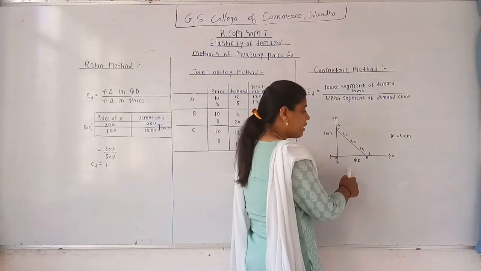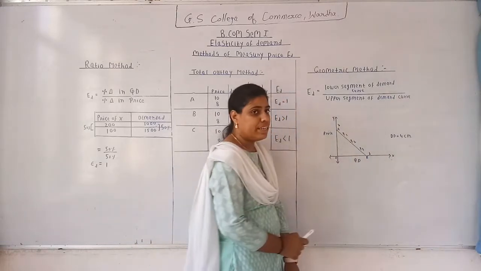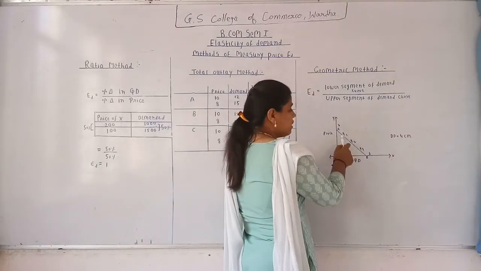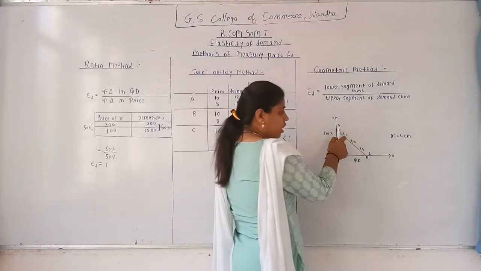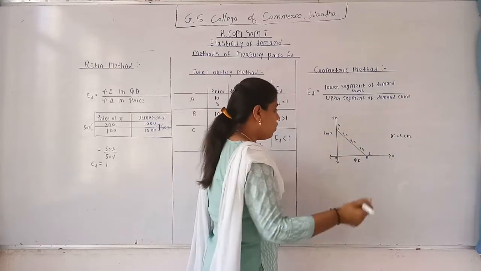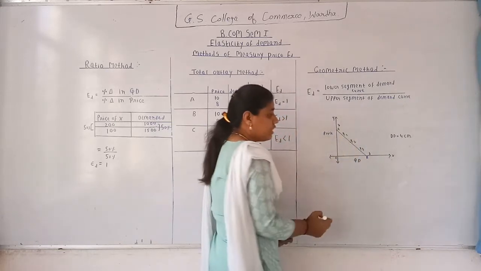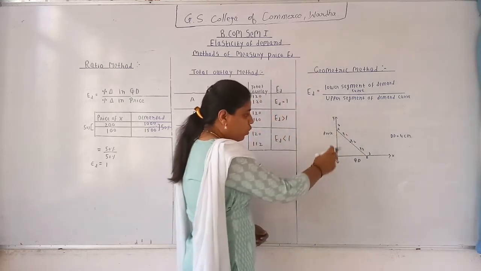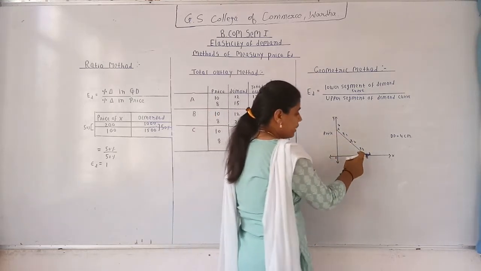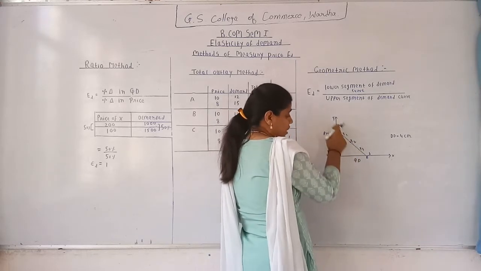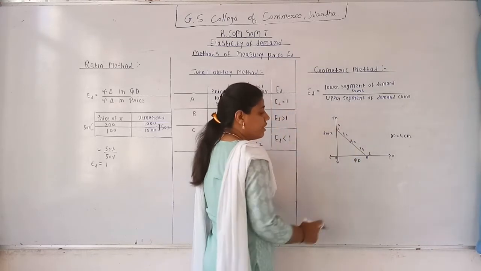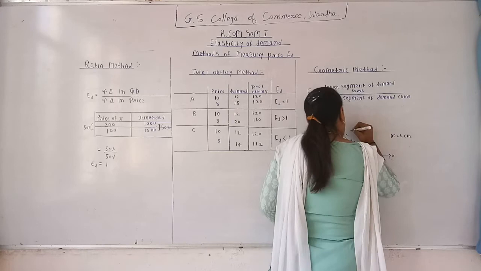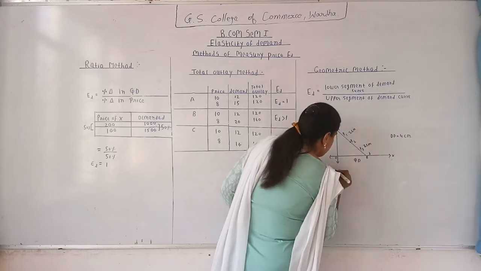Here we can see a graph whereby on the x-axis quantity demanded is shown, on the y-axis price is shown, and I am assuming that the length of this demand curve is 4 centimeters. Now here I want to calculate the elasticity of demand at point P2. As I have told you, the length of this demand curve is 4 centimeters, and P2 is exactly the center point of this demand curve. So the lower segment of the demand curve would be 2 centimeters and the upper segment would be 2 centimeters.